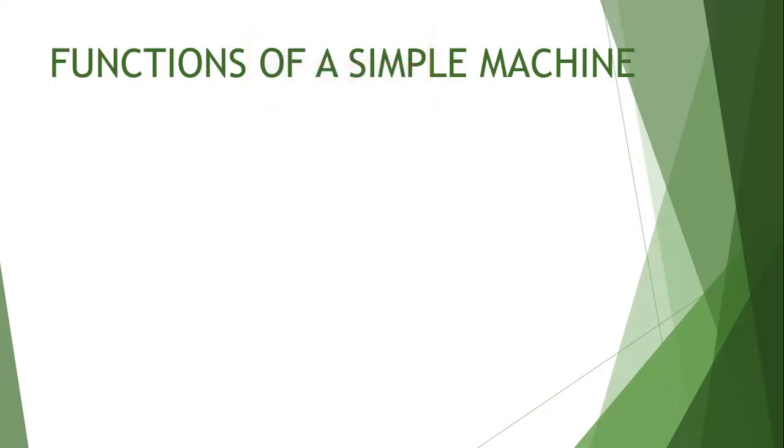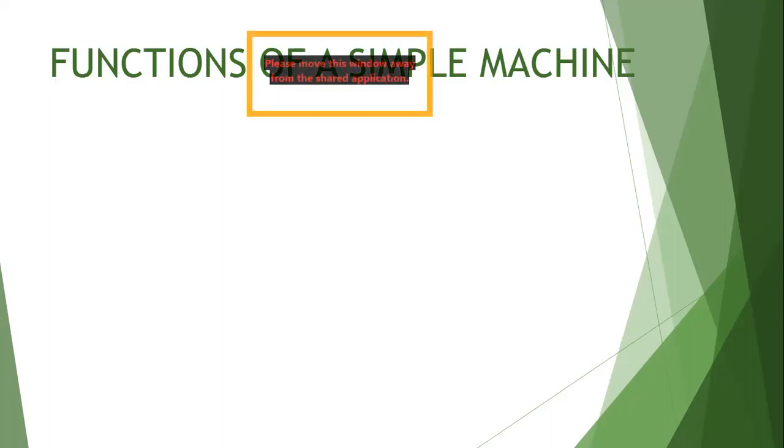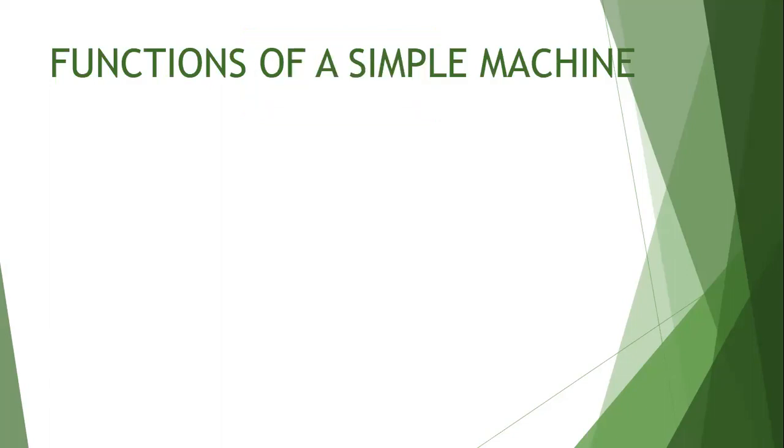So we start our discussion with the functions of simple machine. Try to understand, students. We use machines in our daily life a lot. Okay. For n number of things, you are using machines. The very simple example, if I want to give you, you are using a nail cutter to cut your nails. Even a nail cutter is one of the machine. We use n number of machines in our day-to-day life.